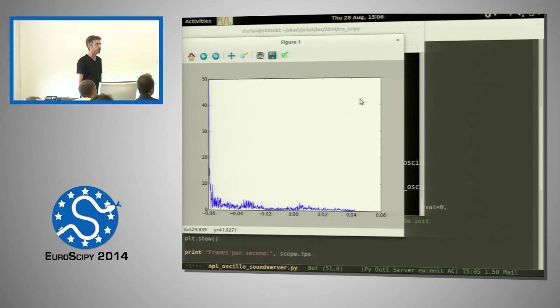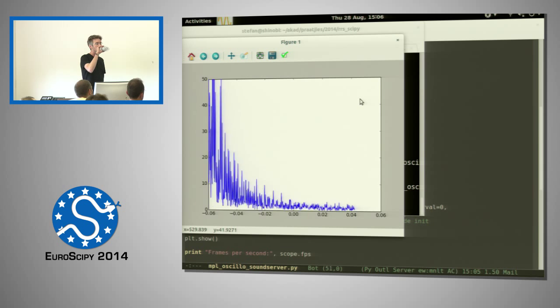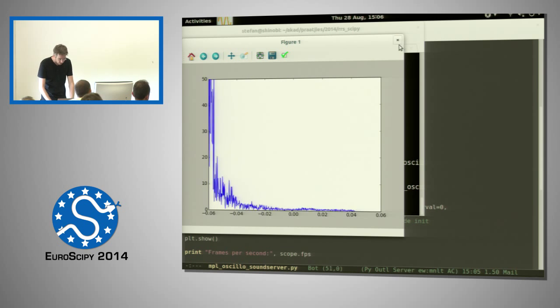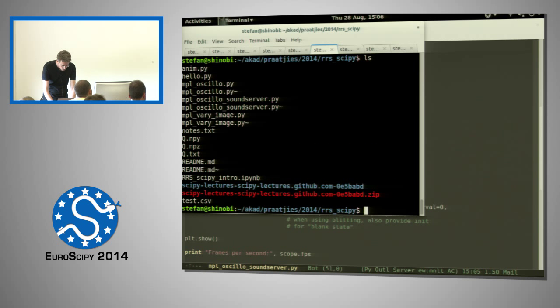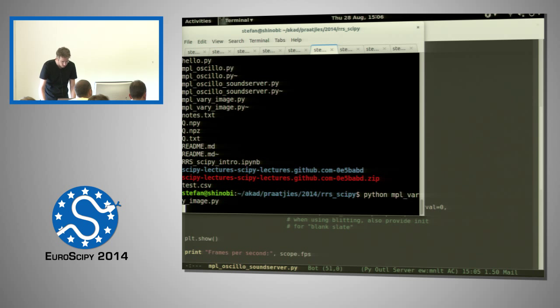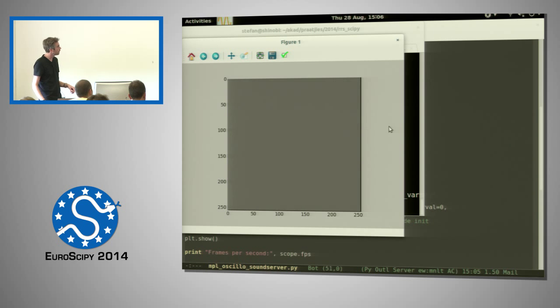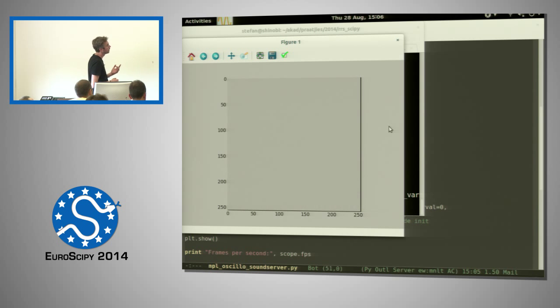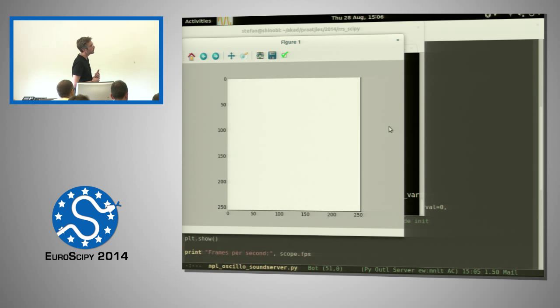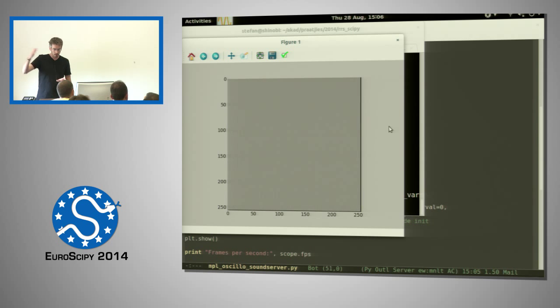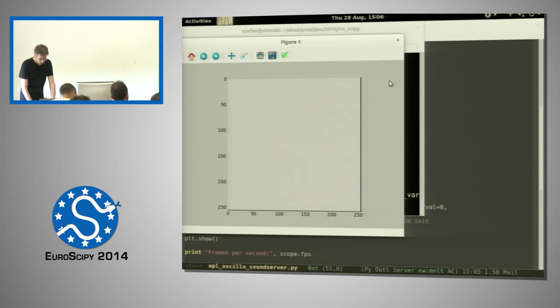Can you do that with images, and how fast can you do it? Yeah, you can do it with images. In fact, here's an example of that. This is just a function animation. Can you see the block's color is changing? It's just generating images that vary in level between 0 and 1 over time, and then starts again